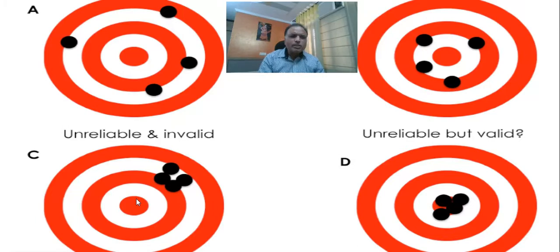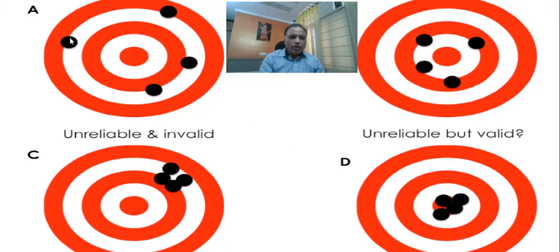Now comes here, they are very close, talking about a particular dimension, but actually not very close to capture the main construct. This is the problem, right? And here you can see, it is valid because they are capturing a particular point, but not reliable because they are a bit far away from the construct. And here they all are close and they are reflecting on the main construct. So they are valid and they are reliable too. So this is validity and reliability.